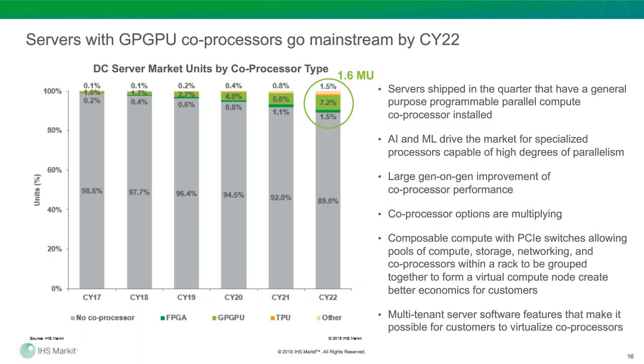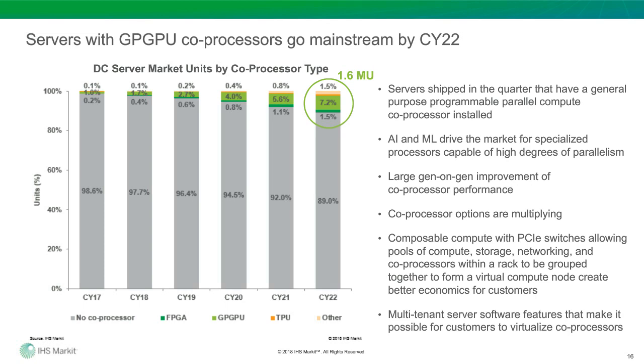Yeah. And what I wanted to do also is share with the audience a new analysis that we just finished at IHS Market. Coming back to our question about AI and ML, we set out to understand, within the server market, looking at server units shipped, the co-processors in servers designed to accelerate AI and ML. So this could be co-processors like GPGPUs. It could be specialized circuitry based on FPGAs. It could be Google's TPU. And there are some other very small co-processors.